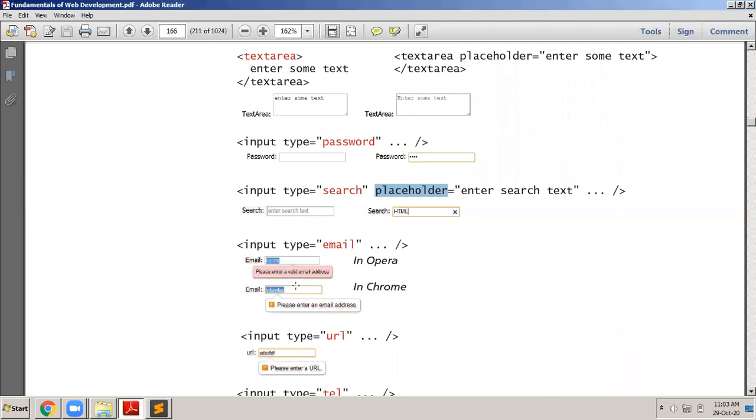So this is what I was talking about. It does validation of the email. If you say input type is equals to email, you are supposed to enter email only there. If you try to enter anything other than an email, then it will say please enter a valid email. How does a browser come to know that it is not a valid email? Because emails should contain an @ symbol and a dot at least, is it not? So here you can see FDS, something is written which is not a valid email. So that's why in Opera it displays an error like this, please enter a valid email.